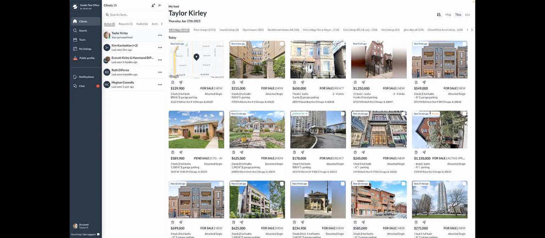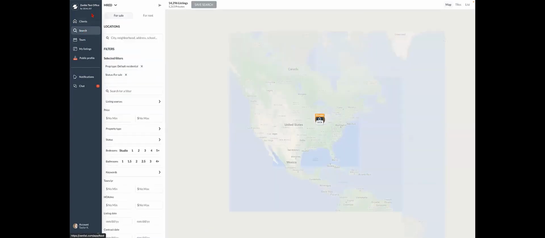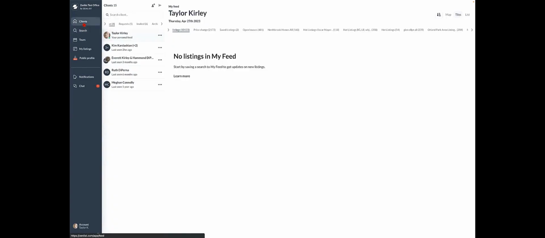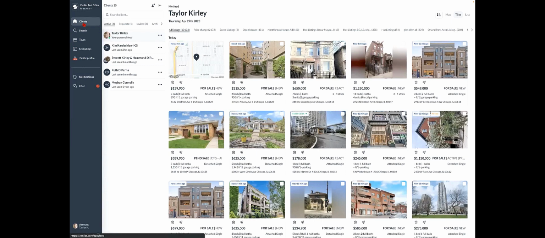Okay, there's another question. Does a search expire on the MLS? Again, nope, those searches don't expire. So any search you create in Zenlist will run for as long as you want it to. There's no button that says I want this to expire here, or there's no automatic expiration. If you ever do want a search to stop running,